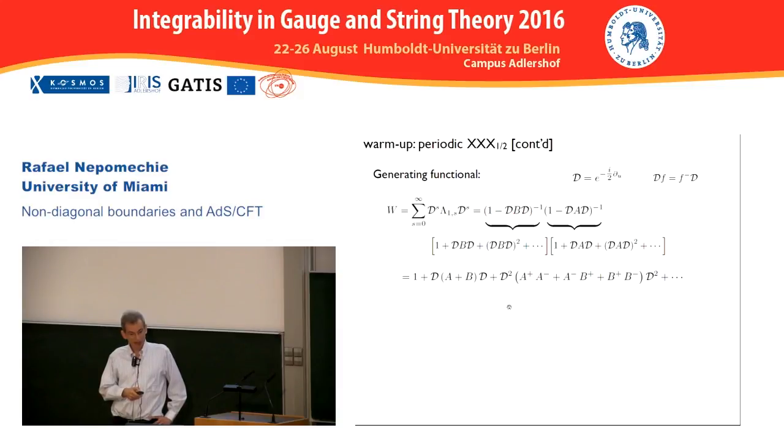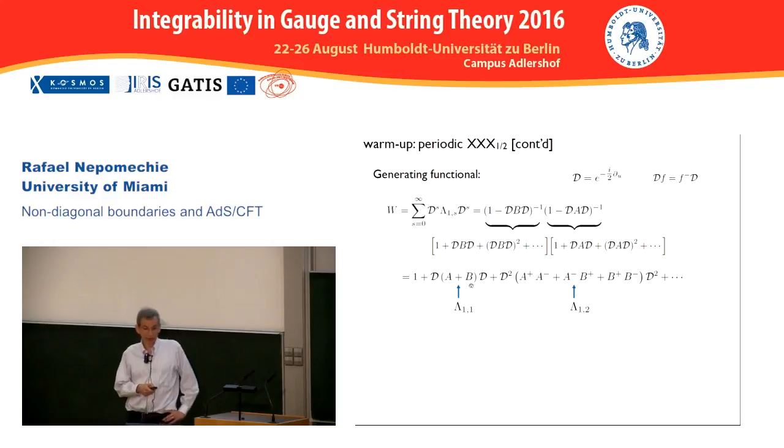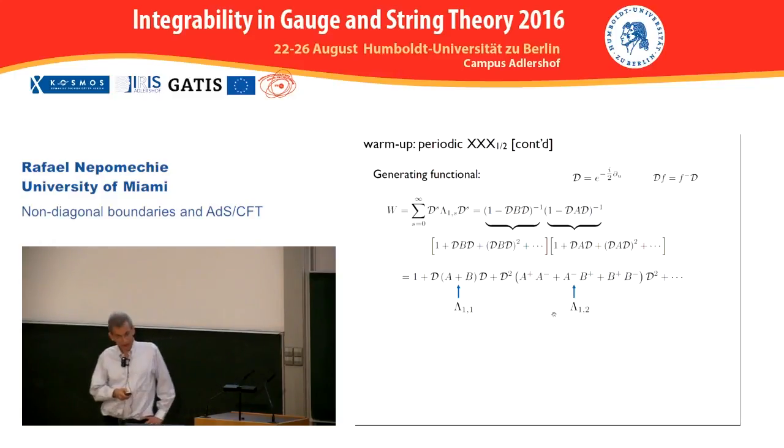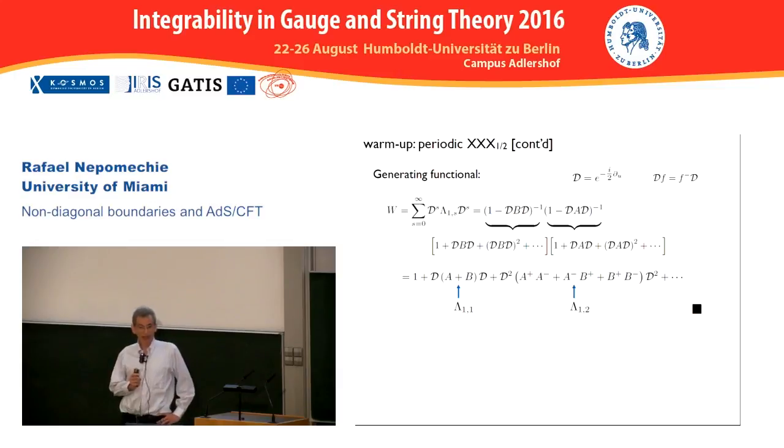So in this way, D, and then D squared, and D cubed, and so on. And then what appears here is exactly A plus B, which you remember is the eigenvalue of the fundamental transfer matrix. What appears here is lambda 1, 2, eigenvalues of the fused ones, and so on. Okay, end of review. So the point is that now in the string theory, we have an expression